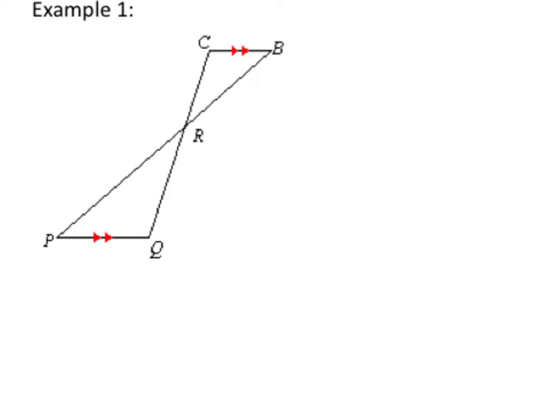So when we look at this shape, we have to notice what is given. We notice that these notations right here mean that the lines are parallel. So this line is parallel to this line. Now this is a little bit of geometry, a little insight into what's coming up. When you have two parallel lines, and you take a line that intersects both parallel lines, that's called a transversal. So we have two different transversals here, two different lines cutting through those blue parallel lines. One of the rules for geometry is that when you have a transversal cutting through two parallel lines,